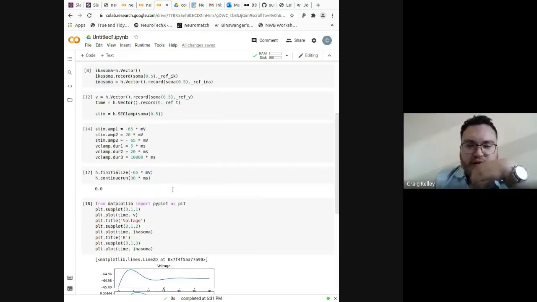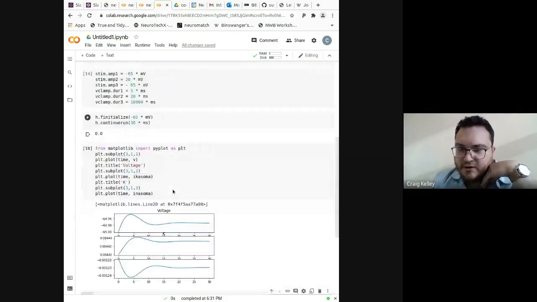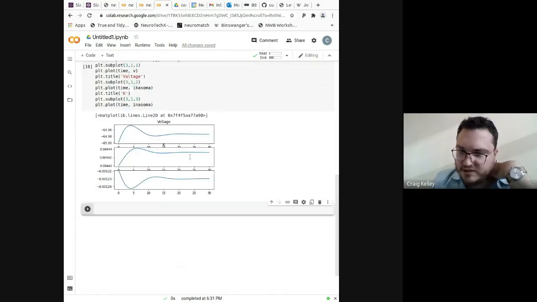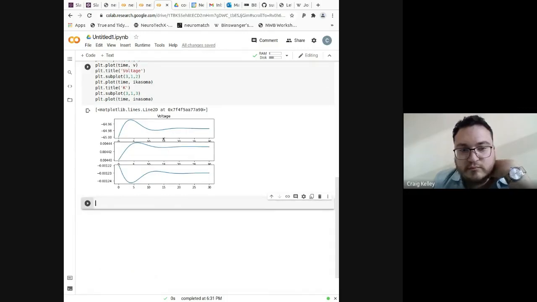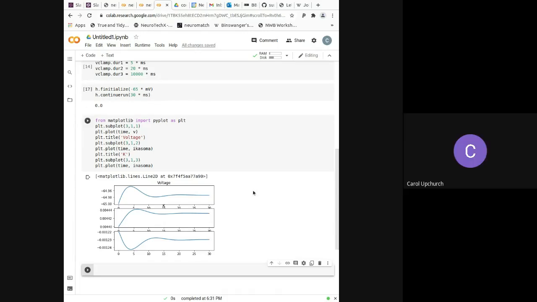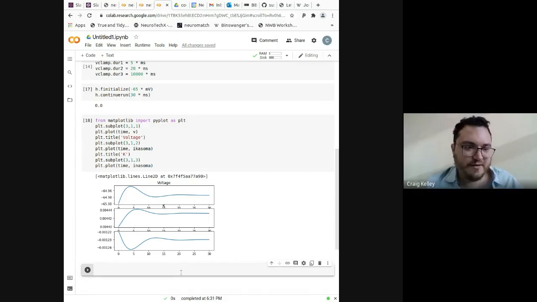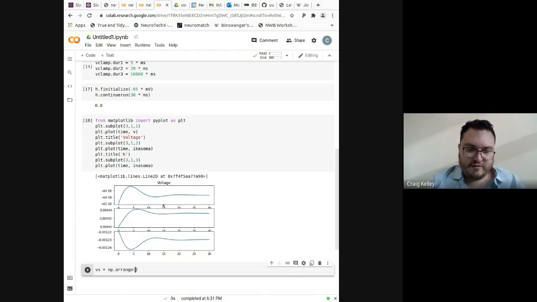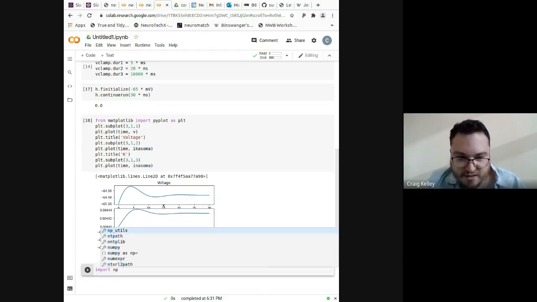Right. And what do you guys think we want to try for the range? What sounds reasonable? As an example, he has -80 to 40. Okay, let's do that. So we'll do, well, I don't have NumPy imported, but we'll use